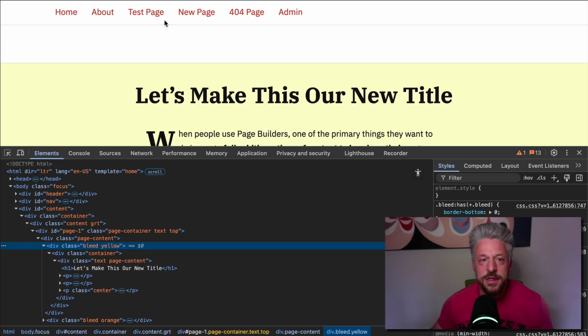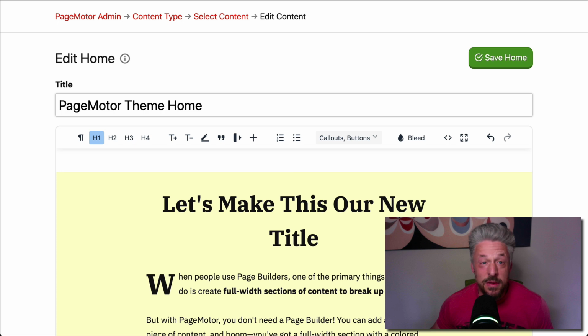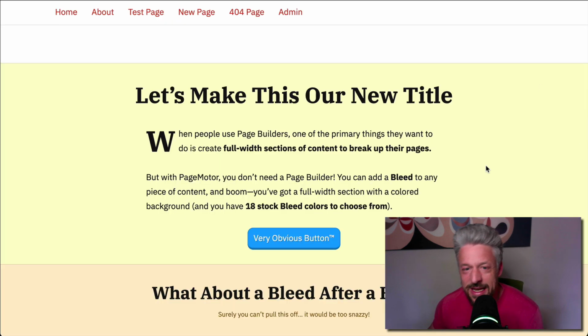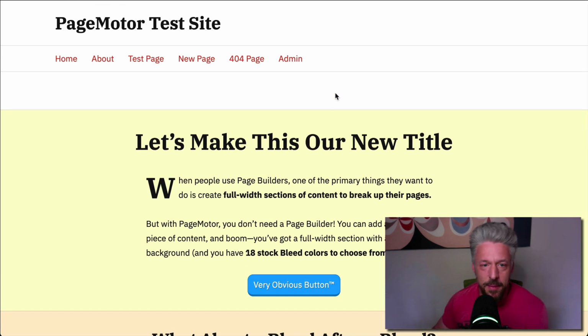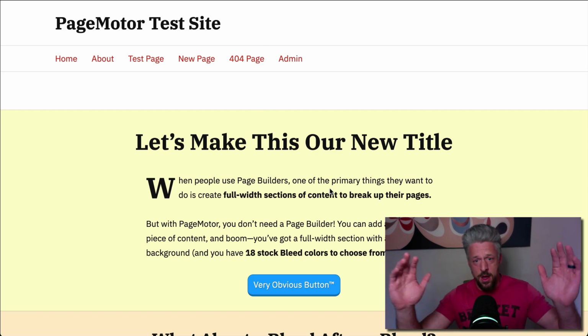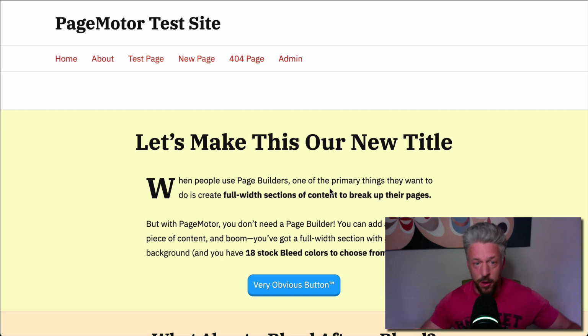All right, so let's just go ahead. I was expecting that the bleed would not be flush with the top of the nav menu here, so with the bottom of the nav menu. I thought it would not be flush because I did not configure the theme in PageMotor to do that yet,